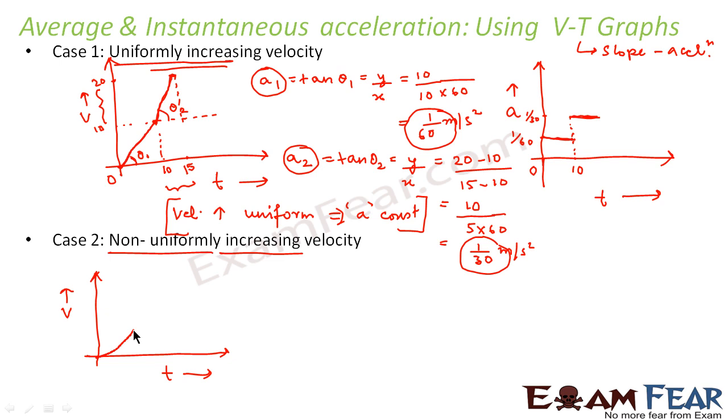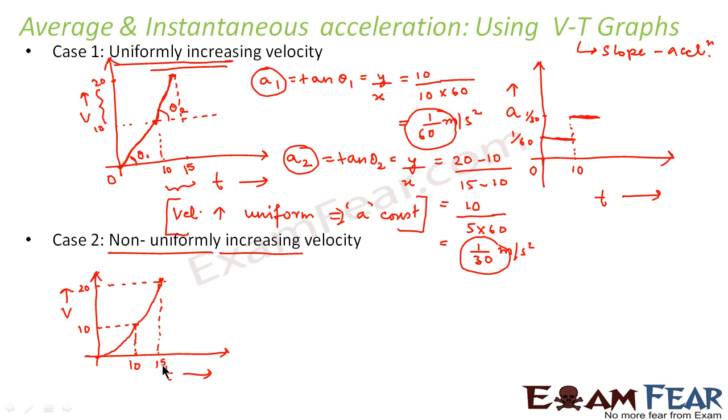But this would not be a straight line. Instead, it would be something like this, because the change in velocity with each interval of time is not uniform. Again, from this point, it increases to another point like this. So the concept remains the same, just that the increase in velocity is not uniform. So this is 10, this is 20, and this time interval corresponds to 10 minutes, and this time interval corresponds